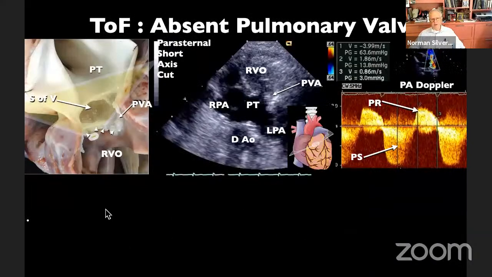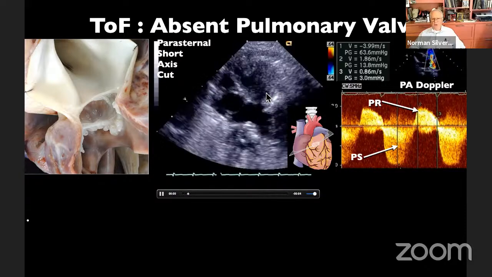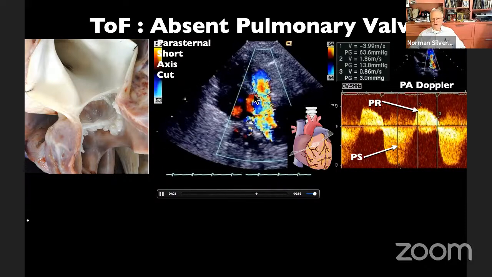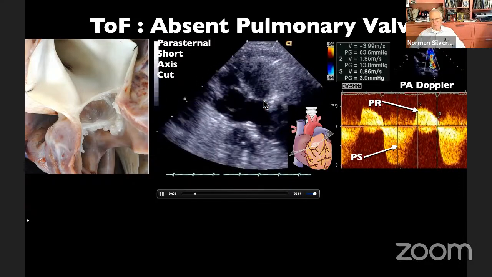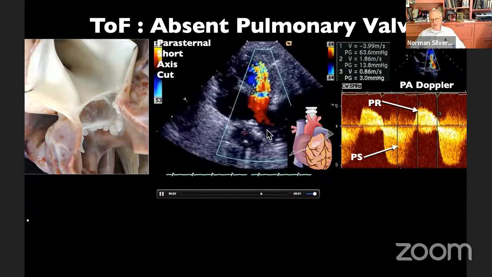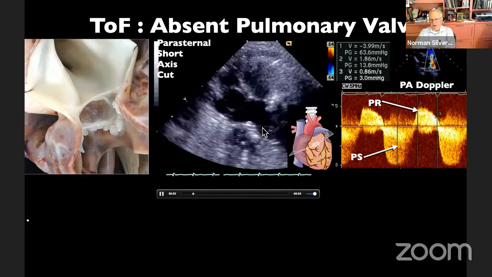Here's another beautiful example showing a parasternal short axis equivalent. Here's the sinus of Valsalva. Here are these little ridges of tissue, which are the pulmonary valve remnants, which have not formed completely. And here is the echocardiogram. And the reason I put this one on is not only to show you this ridge of tissue, but normally it's the right pulmonary artery which has the direction of flow in it. But in this patient, there's been a directional flow change going almost exclusively into the left pulmonary artery, a so-called Coanda effect of the Doppler color flow tissue.